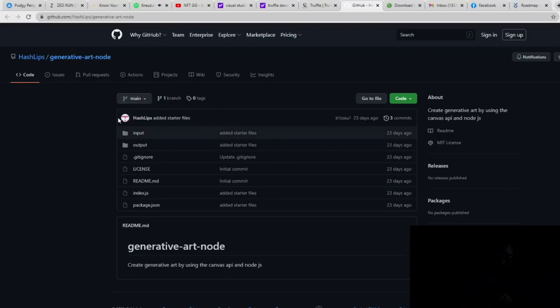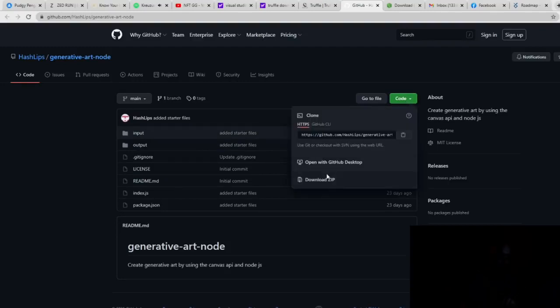All you're going to do is this right here is going to be the base code, right? This is your boilermaker code, and you're going to go to code, and you're going to download zip. Now once you download the zip, just extract it. You can use something for free, either a WinZip free trial, or you can get PeaZip, P-E-A-Z-I-P. That is what I use for everything. It's completely free. There's no trial expiration,